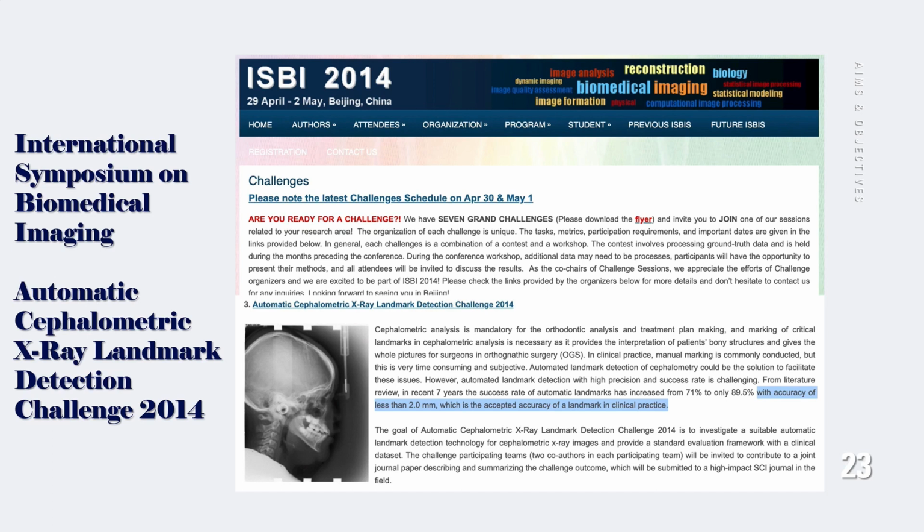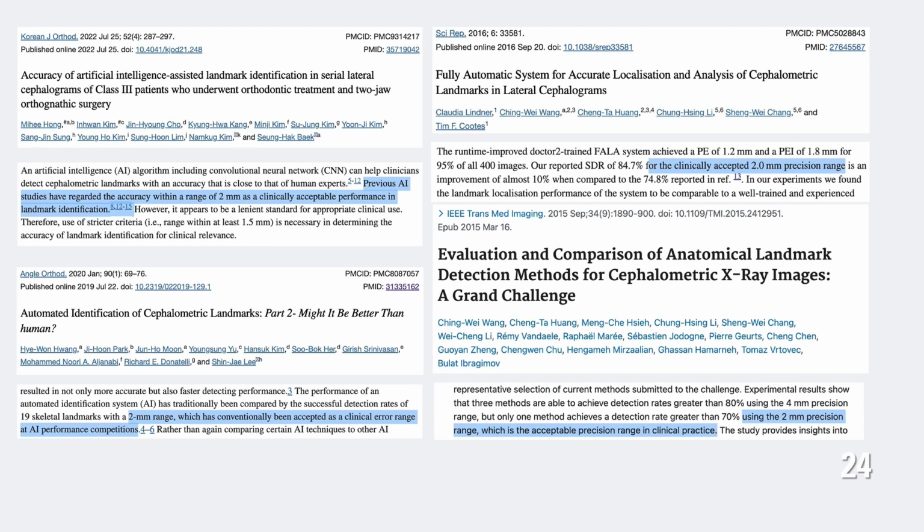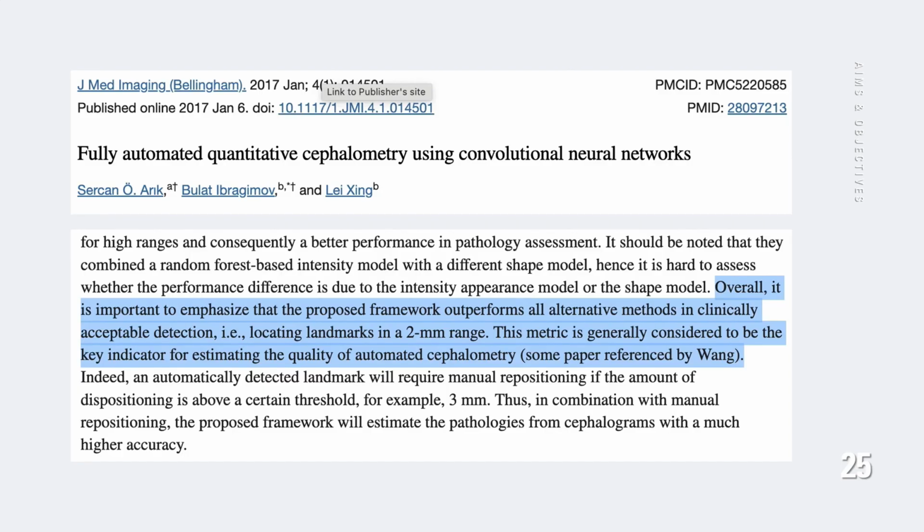And this is a notion that's widely reflected in the literature, with most papers defining their model's accuracy based on its ability to identify landmarks within 2 millimeters of its true location, claiming this is an acceptable range in clinical practice. But is it? Most papers heavily cross-cite each other and never point back to a true study that proves this is an acceptable metric. I think this sentence in a published article sums it up best when it literally just wrote,